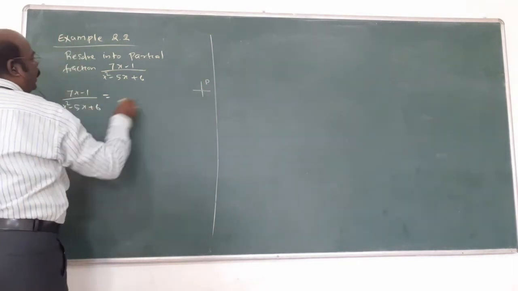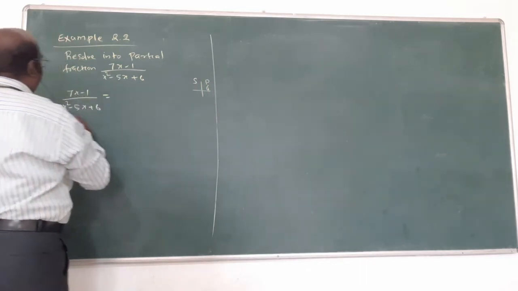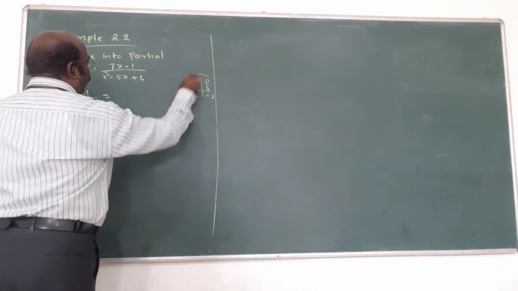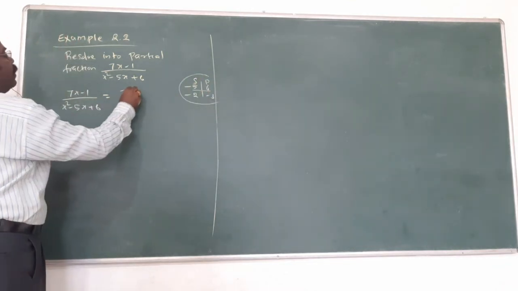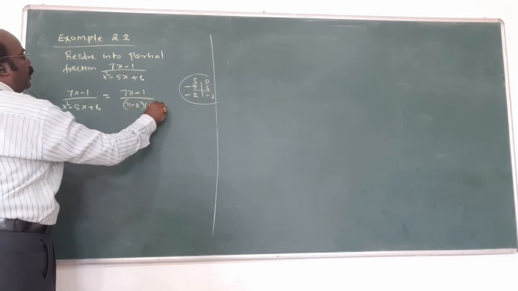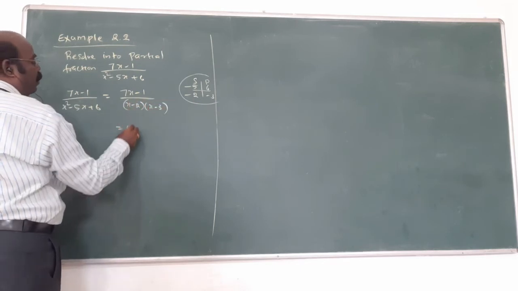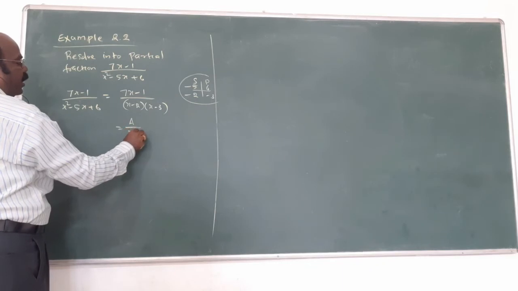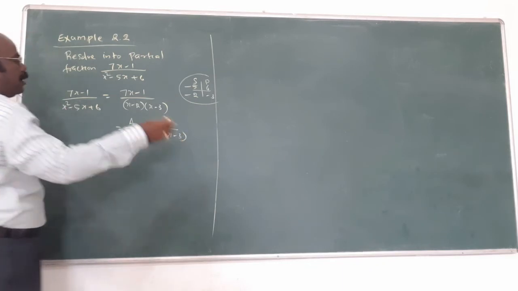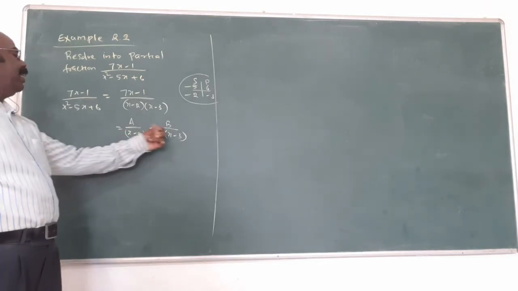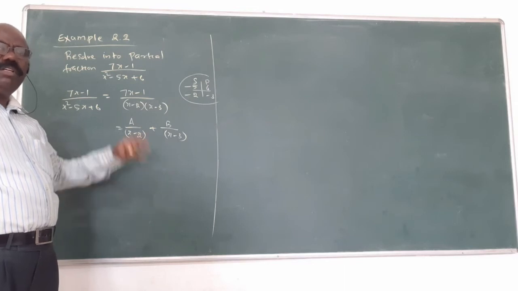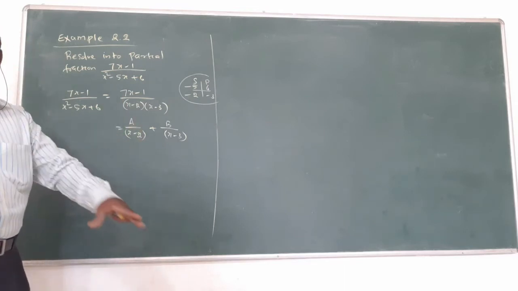The product of the two numbers is 6, and their sum is minus 5, so the numbers are minus 2 and minus 3. In this way, the fraction 7x minus 1 over the denominator (x minus 2)(x minus 3). Now, a divided by the first factor, b by the second factor. Suppose you write x minus 3 here, x minus 2 here. After taking LCM to find the a, b values and substituting them, we get the same final answer.